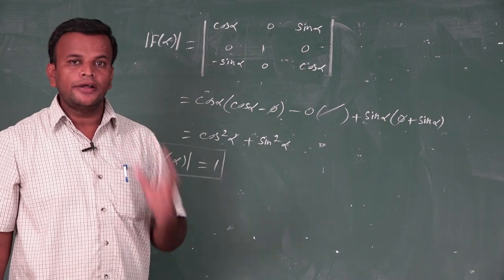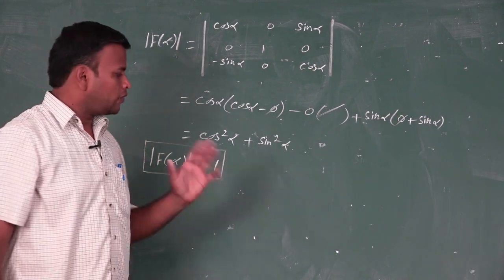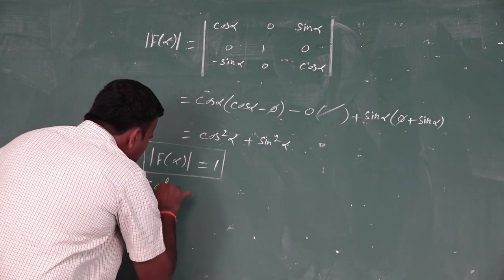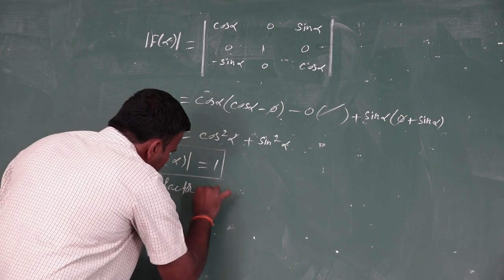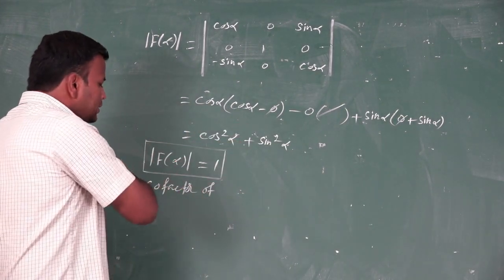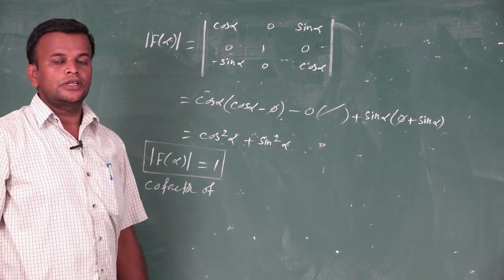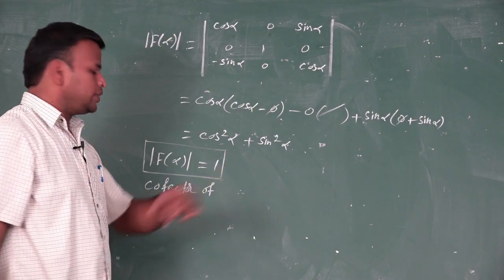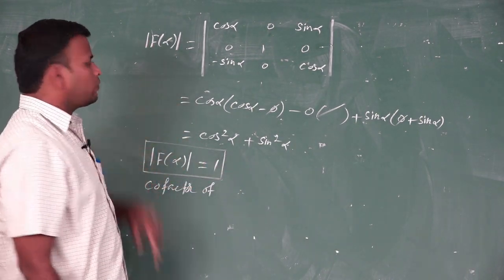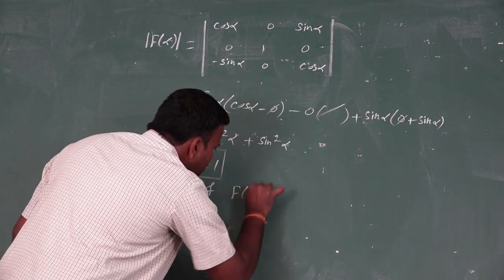Next, to find adjoint. If we need adjoint, first we find a cofactor, the cofactor of each and every element. So I put a heading cofactor of the matrix A, or directly we write just a heading cofactor of the given matrix. If the given matrix is A, we write cofactor of A. But we find cofactor matrix of f of alpha. So I put a heading cofactor of f of alpha.